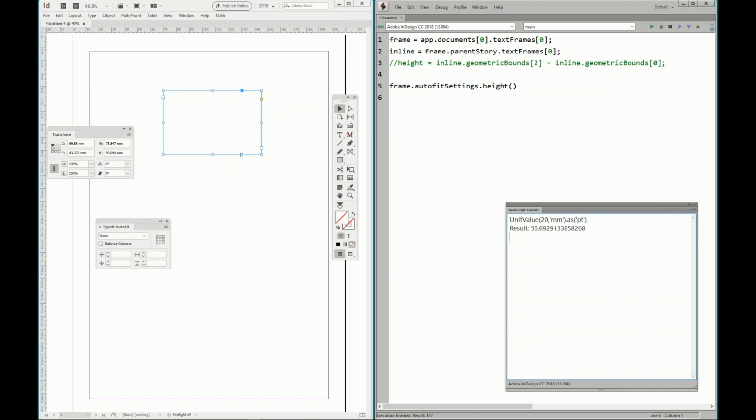This tells you that 20 millimeters is the equivalent of 56.6 etc. points. And likewise, if you have 20 points and you want to return it as millimeters, 20 points is just over 7 millimeters. So therefore, if we are working in millimeters, you can use unit value,